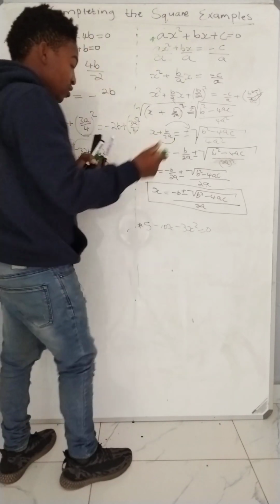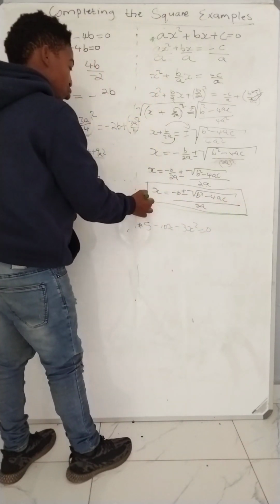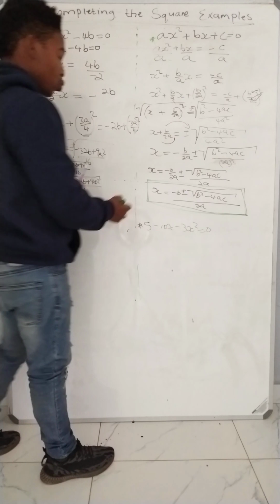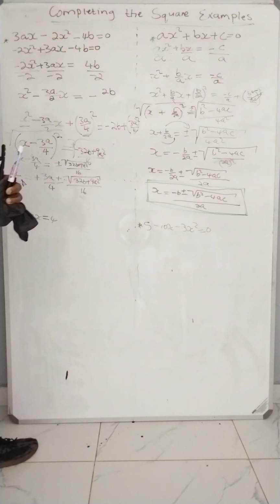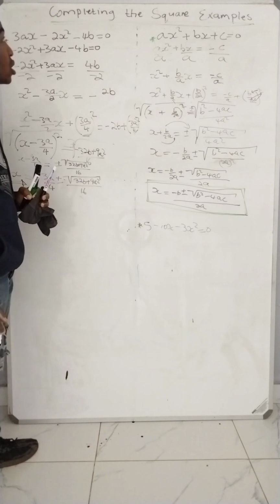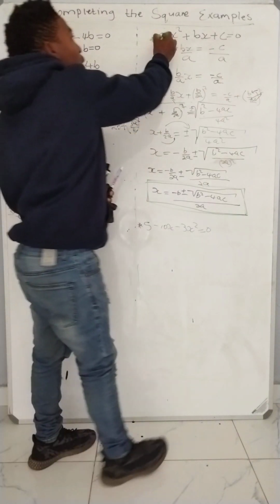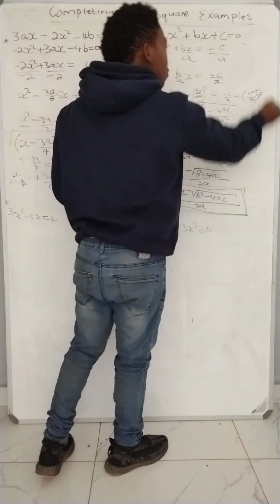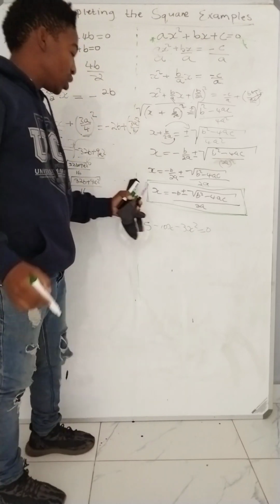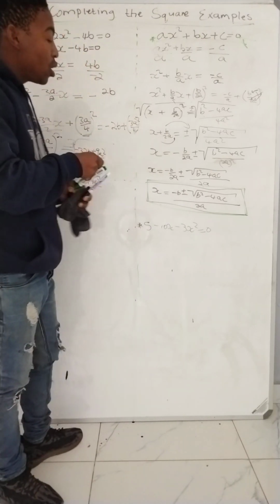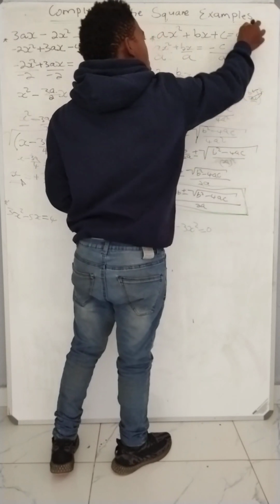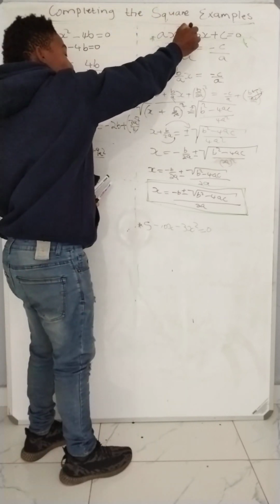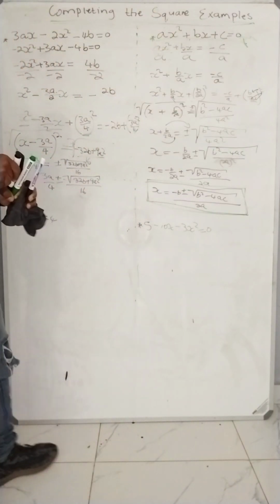Okay, now this introduces us to the next section. Although we have spoken about it, this is what we call the quadratic formula. All right, this is the quadratic equation. This is the quadratic formula. This is the solution for the quadratic equation. The quadratic formula is the solution for the quadratic equation. All right, so this is the formula, this is the equation. How do you solve this equation? You use the quadratic formula. Now,